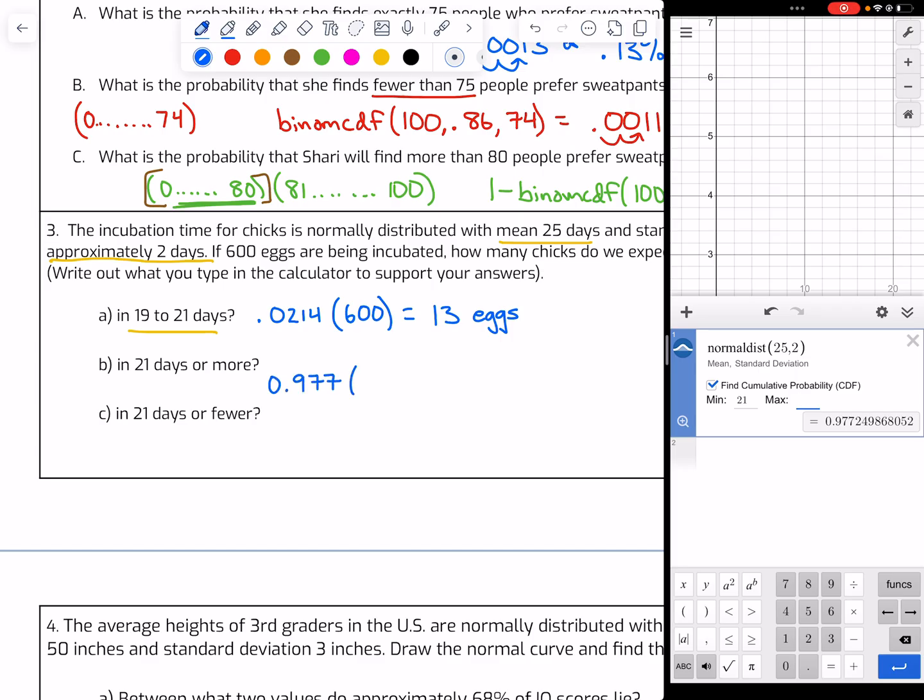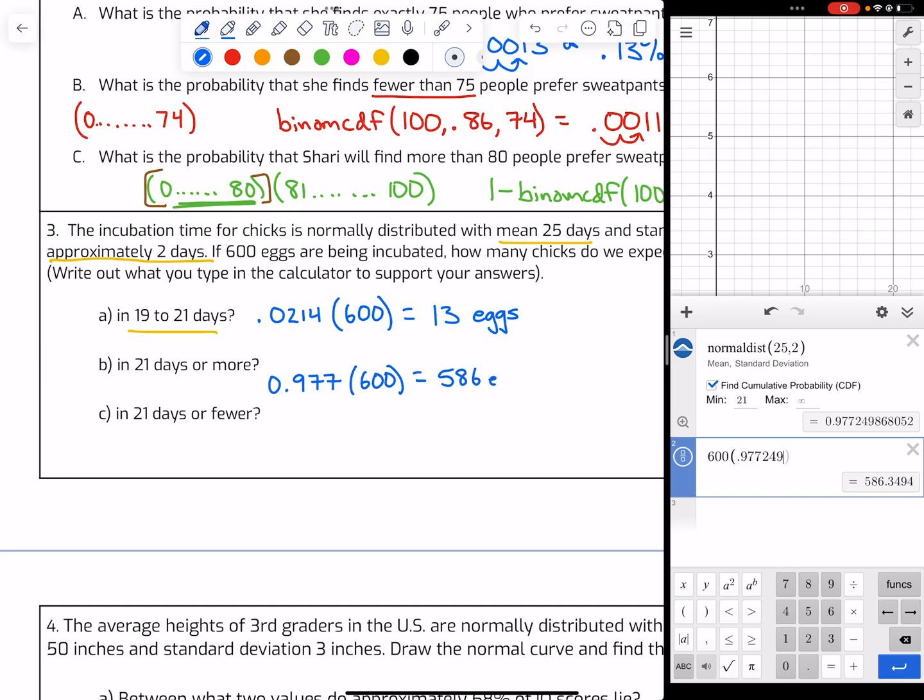0.977, and then multiply that by 600. So in my calculator, I'm going to say 600 eggs times a probability of 0.977, and then you can just carry it out a little further. And let's say we round to the nearest egg, it's about 586 eggs for that one. And then 21 days or fewer, so 21 has to be your maximum and no minimum. And that probability is